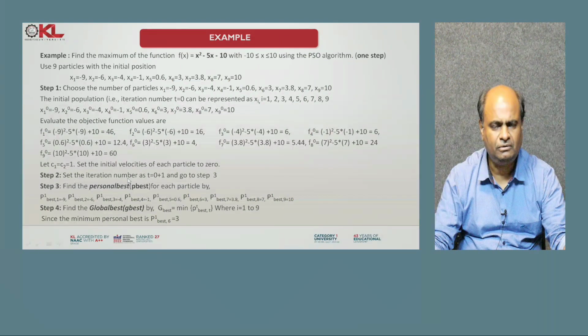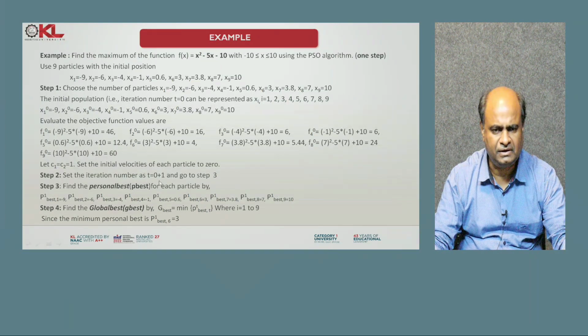Now, an example. Find the maximum of the function x square minus 5x minus 10, range is minus 10 to 10, and we are going for 9 particles. You have taken the initial positions, and all initial positions are now calculated based on the previous one. You take the 0, then calculate the optimization function, then take the constant values c1, c2 as 1,